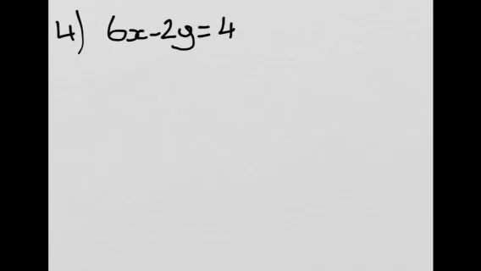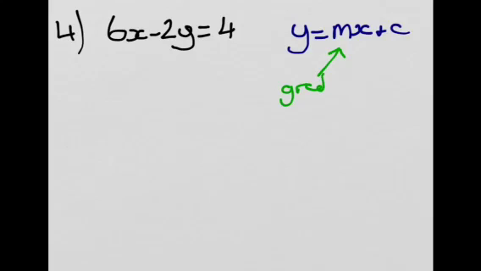Now we're looking to find the gradient and the y-intercept for the equation 6x minus 2y is equal to 4, and to do that we need to rearrange so that we have an equation in the form y equals mx plus c. When we have it in that form we know that m is the gradient and that c is the y-intercept. So to do that we need to move this positive 6x over to the right hand side,